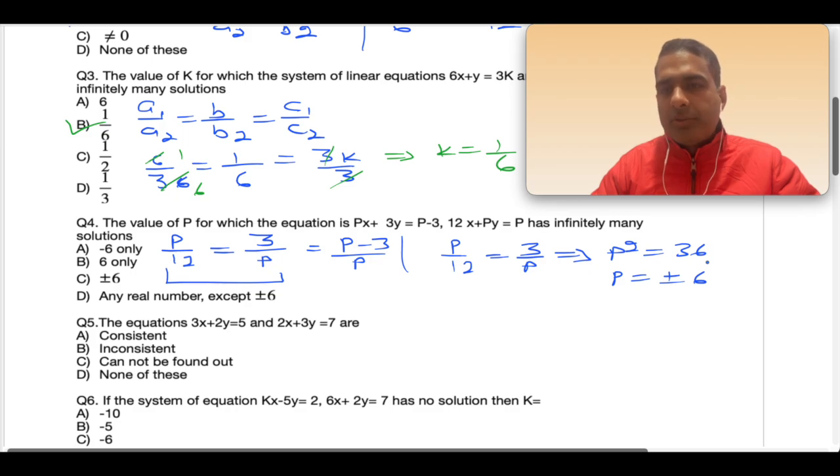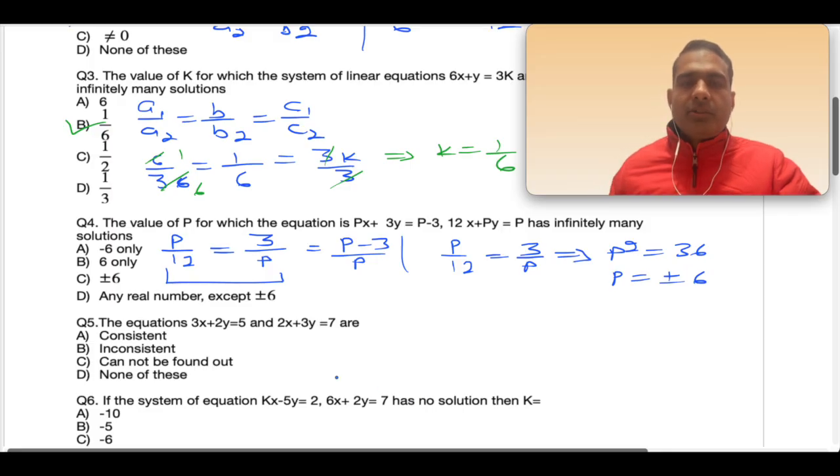So from here only we should not jump to the conclusion that option C is the answer, because the first two options give either only minus 6 or only positive 6. So we have to check whether plus minus 6 both are valid for the second and third equation or not. So now taking the second and third equation,